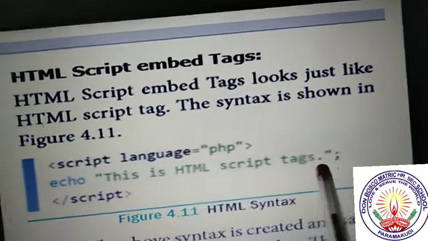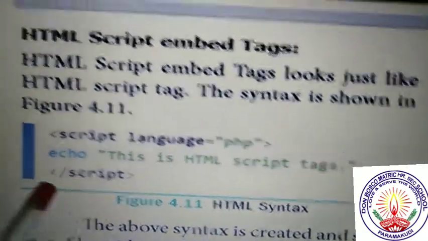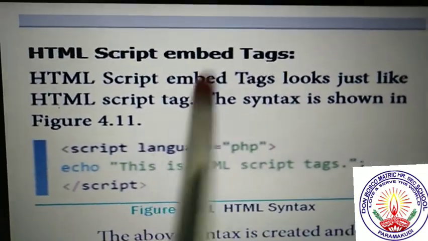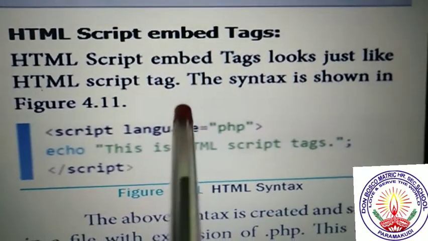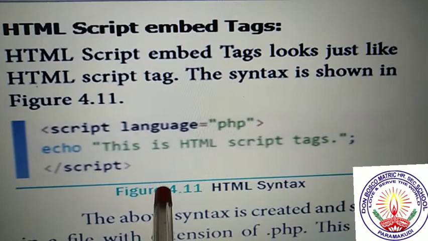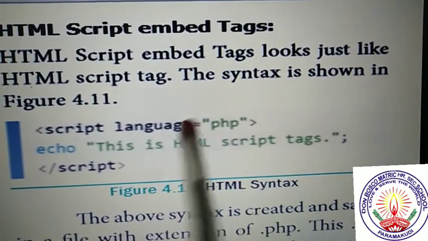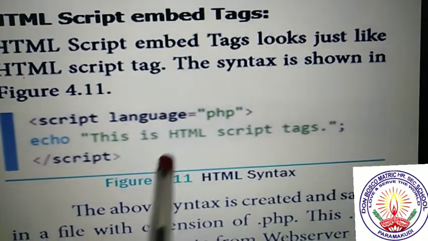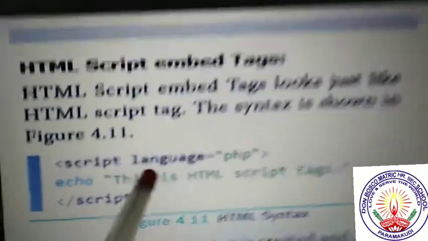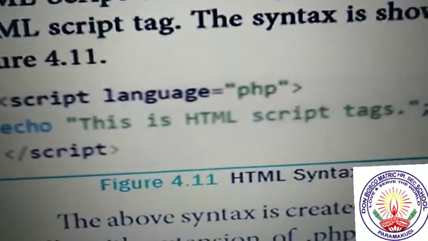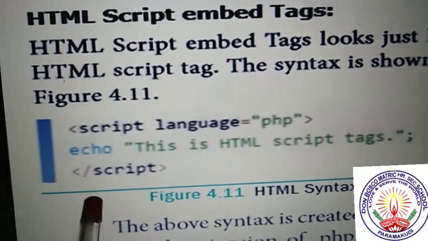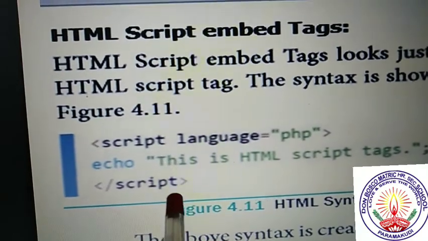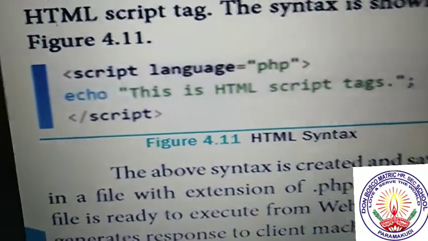After closing the string, after the statement you have to put a semicolon and slash script, because in HTML, start HTML means slash HTML. Like start head means you have to close with slash head. Body, if you open the body tag you have to close slash body, you already know. So for the PHP concept in HTML, you use the scripting language, and slash script means here the PHP concept is closed.